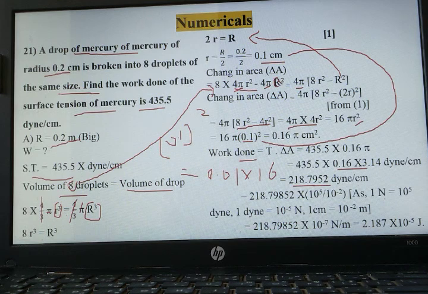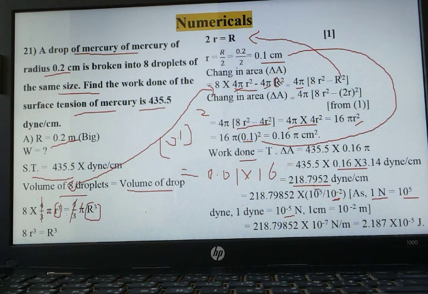We know that 1 Newton is 10 raised to 5 dyne, but over here it is in dyne. So for converting from dyne to Newton, we have to multiply by 10 raised to minus 5. So over here it has been multiplied by 10 raised to minus 5. यहाँ पे किससे multiply किया है? 10 raised to minus 5. Okay, and centimeter is in the denominator. For converting centimeter to meter, we have to multiply by 10 raised to minus 2. So यहाँ पे 10 raised to minus 2 से किया है.